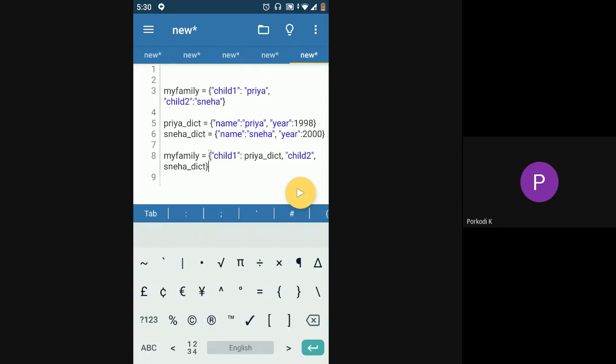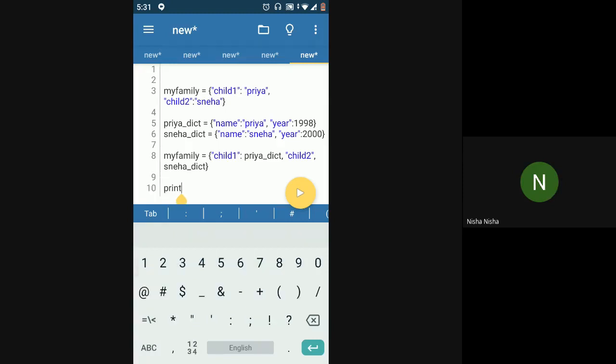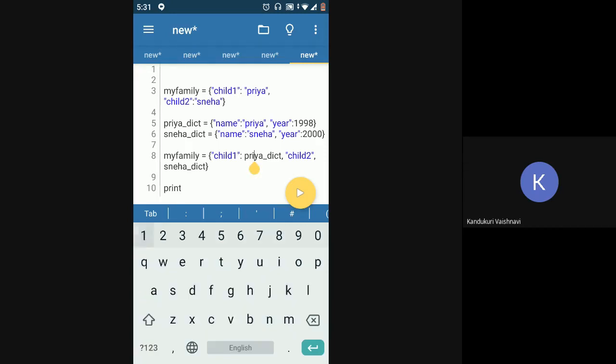So yeah, now I have a dictionary nested inside a dictionary, right? That's why this is called a nested dictionary. Now what would be the value if I give the key as child one? Name and year, right? Now the value is this whole dictionary.